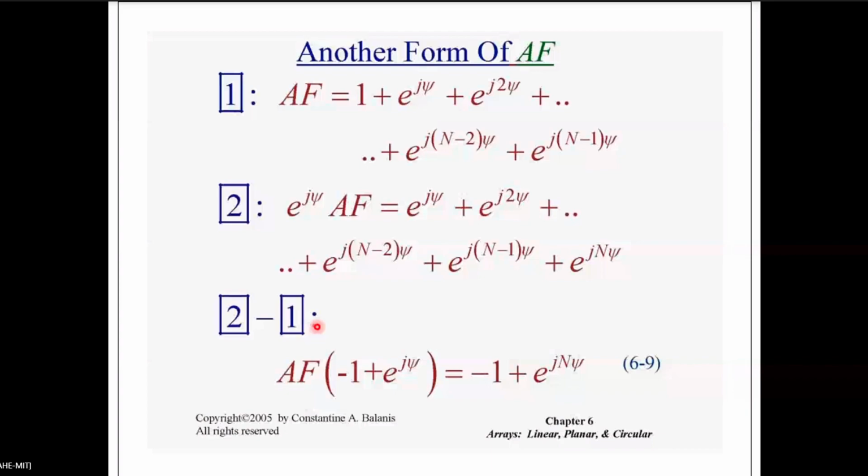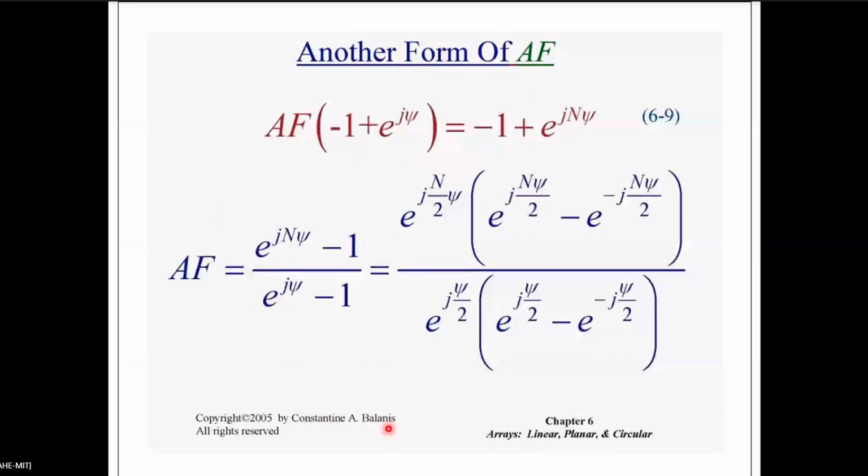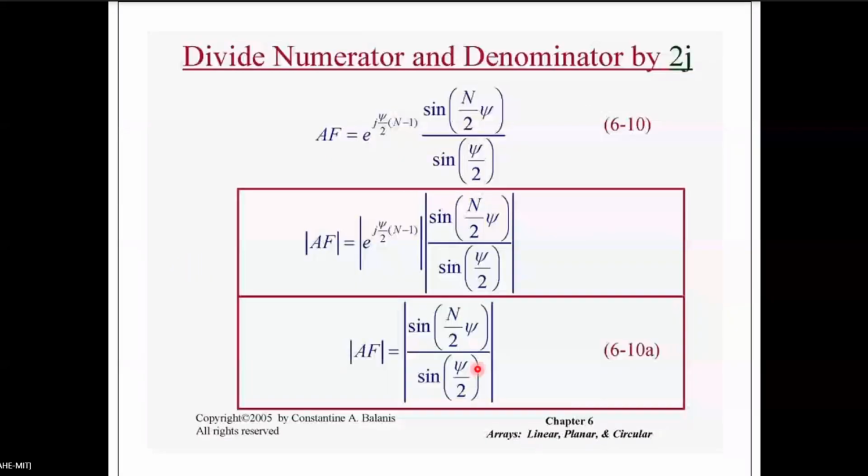If you shift the phase center, you can get this from this. I told you how to shift the phase center: half of the array you push down, and make the midpoint of the array z equal to 0. Then this part vanishes and goes off. So the array factor is sin(n psi/2) by sin(psi/2).